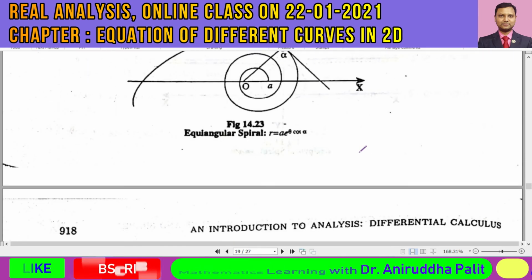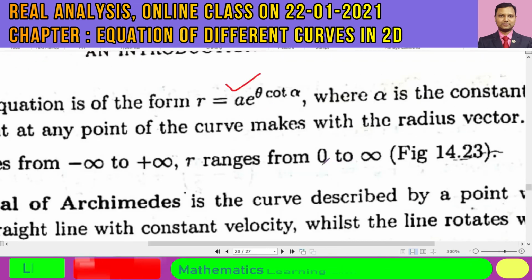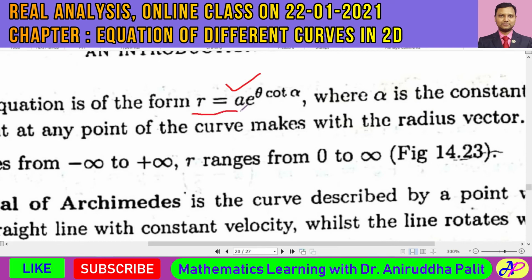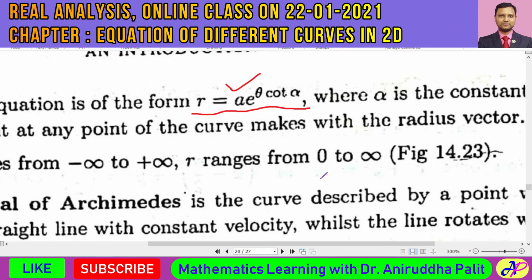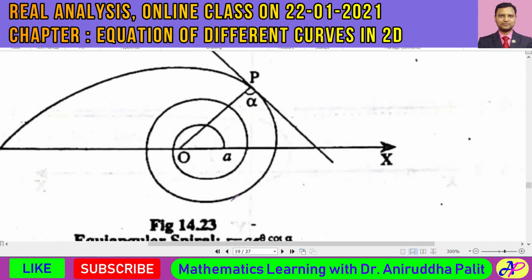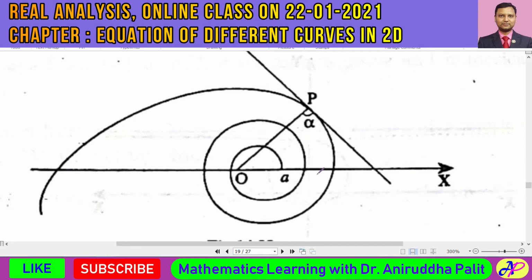What is the equation of the curve? r is equal to a into e to the power of theta cot alpha. This kind of curve is called an equiangular curve or equiangular spiral. Why equiangular? Because you see, this is the curve of that spiral. If you consider